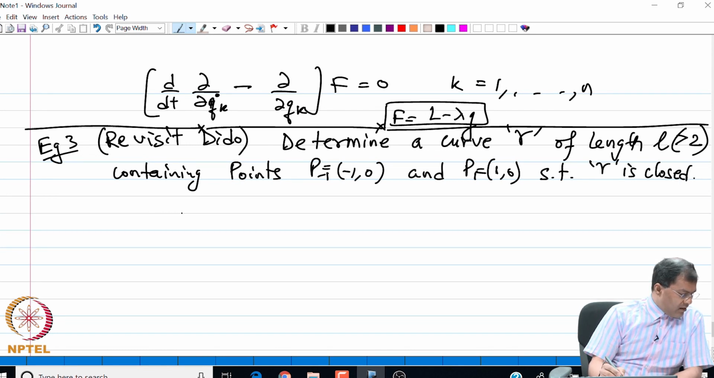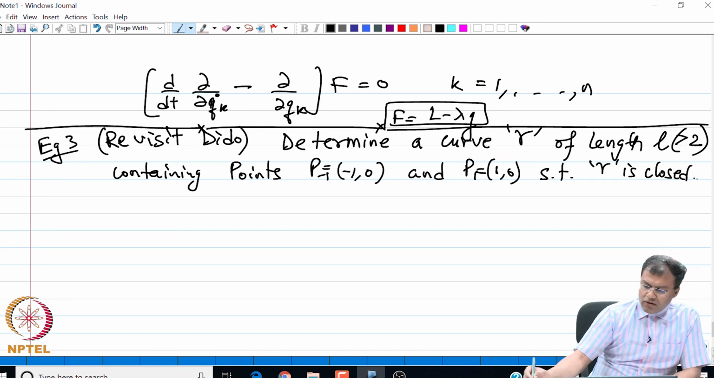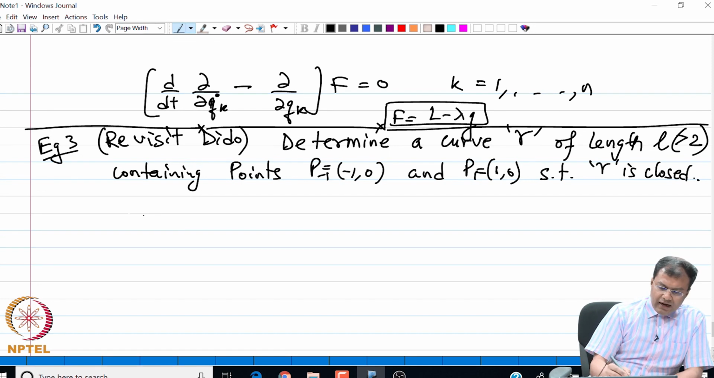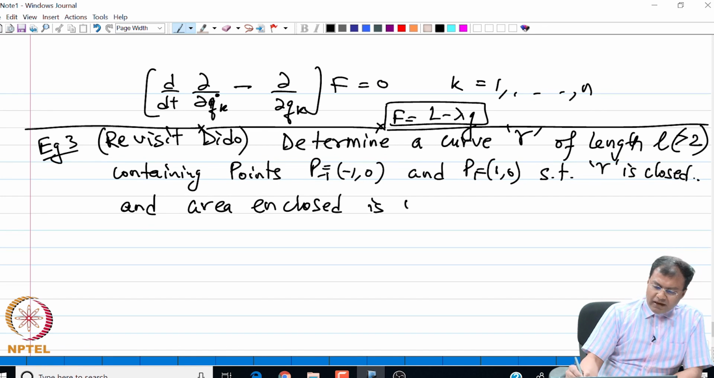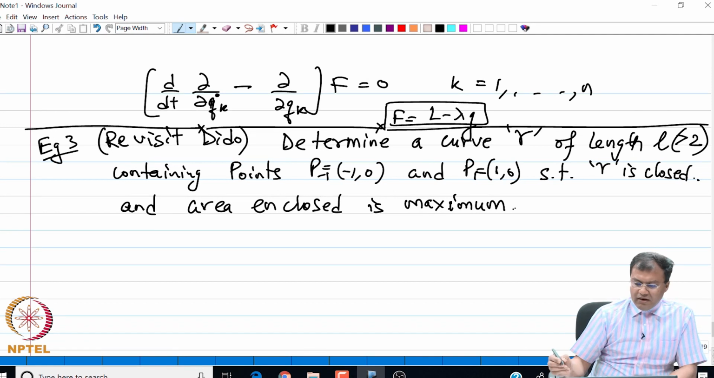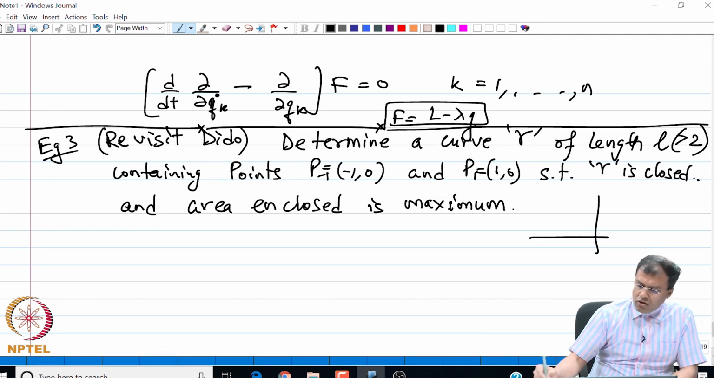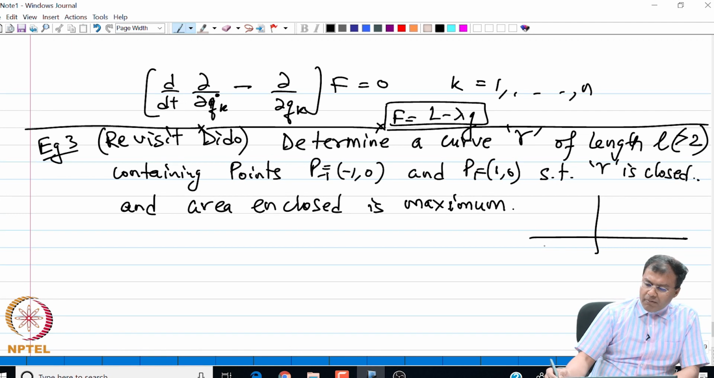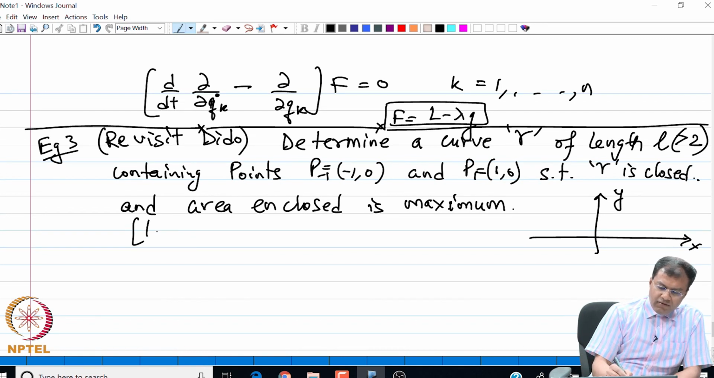So, gamma is closed. We do not say anything beyond that, and the area enclosed is maximum. So, essentially what we have done is, in the earlier version of the DDoS problem, we were trying to stipulate the condition that a part of the curve lies on the x axis. So, now we have lifted that condition. We have lifted the restriction